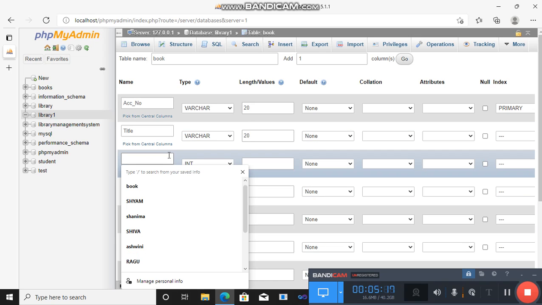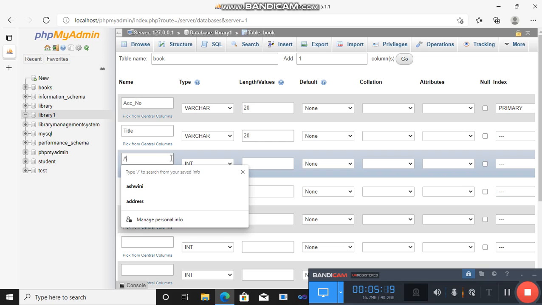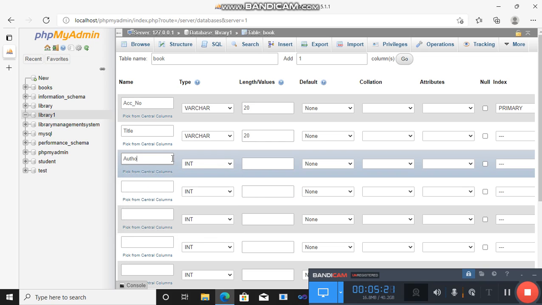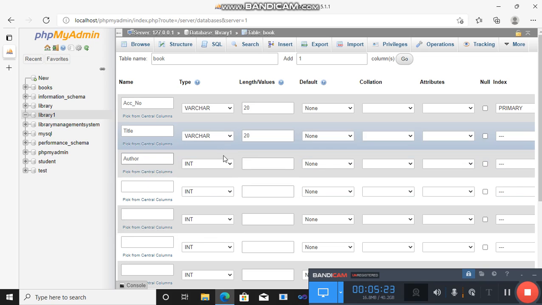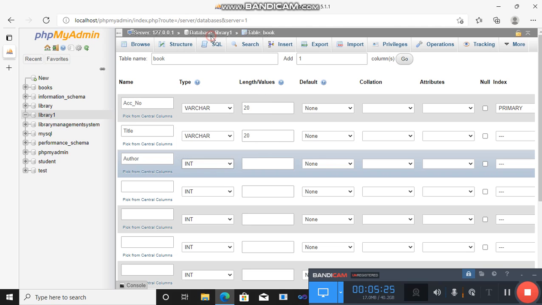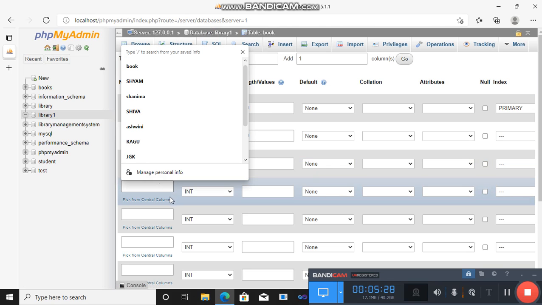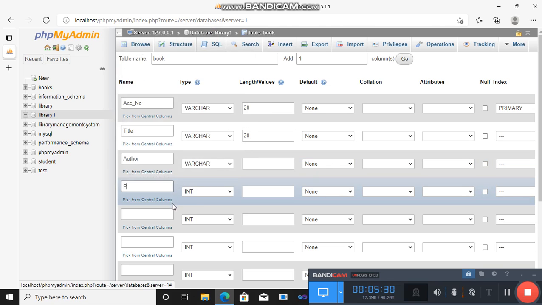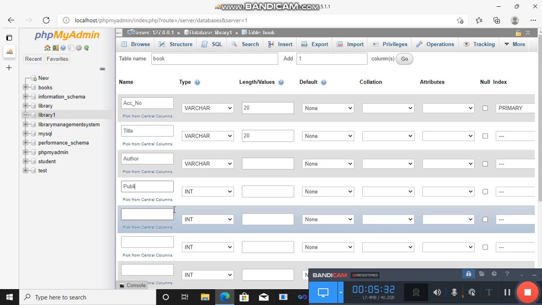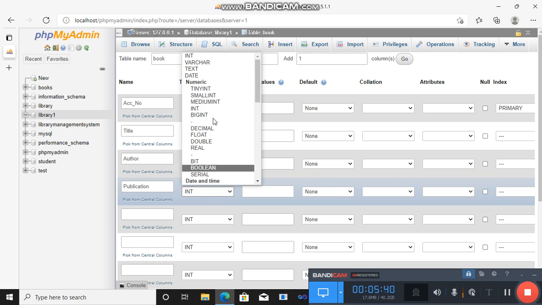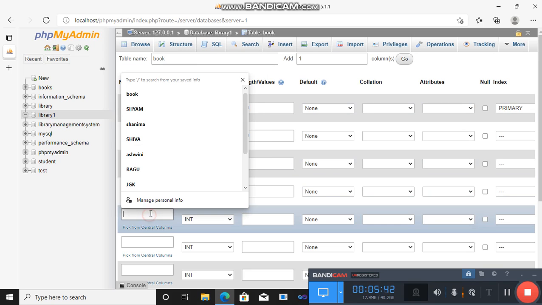Next column name we have is author. I will use every data type as varchar only. Author, publication. Give the spellings correctly. Publication, and I choose the data type as varchar.